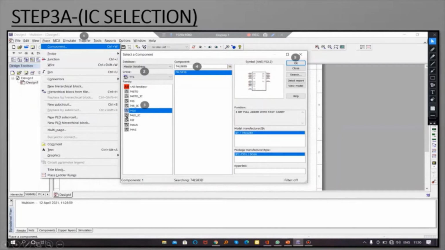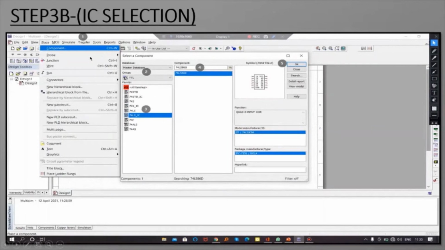From the family, you have to select 74LS and select 74LS83, which is a 4-bit adder. You can also verify from the function, it says 4-bit full adder. By verifying it, click OK.